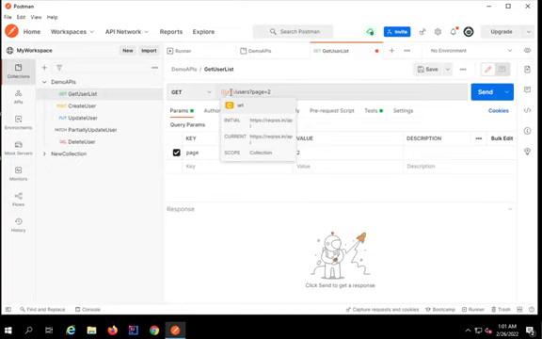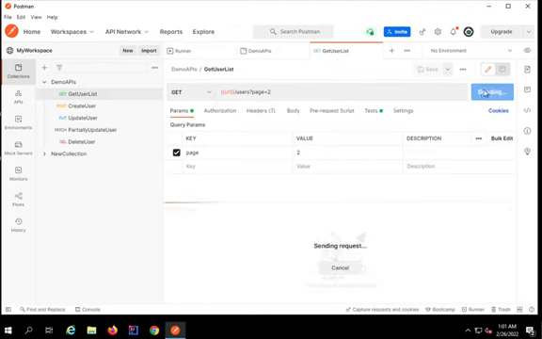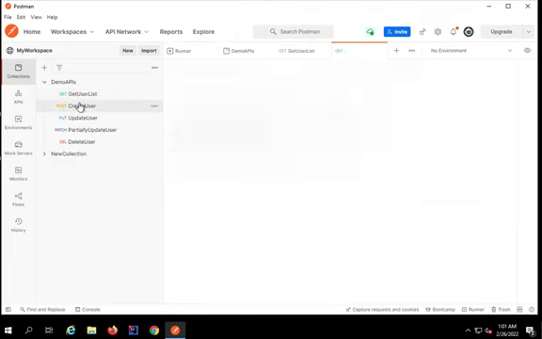As you start typing the variable value, it will show you the suggestion, so it is very difficult to make any mistakes. So you can see now I will again use this, and it is saying that this is available at the collection level and this is the value. So if I now run this, I will save and run, and you can see I'm getting the response. That means we are able to use the variable,